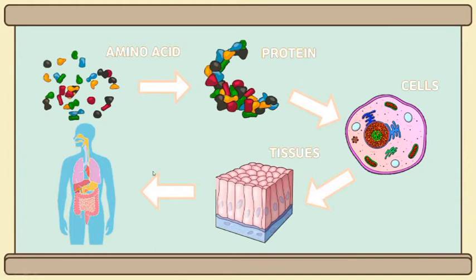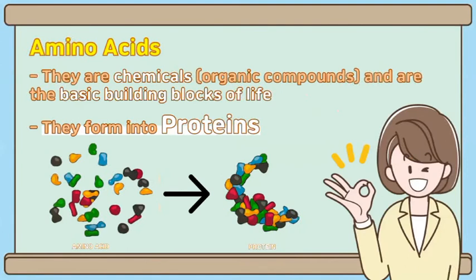Back to the amino acids. In the presentation PPT, I wrote down the definition and function of what amino acids are. You can read them by yourself, but the important point is that there are a total of 20 types of amino acids in our body. Therefore, these amino acids could be compounded with each other into billion types of proteins in our body.